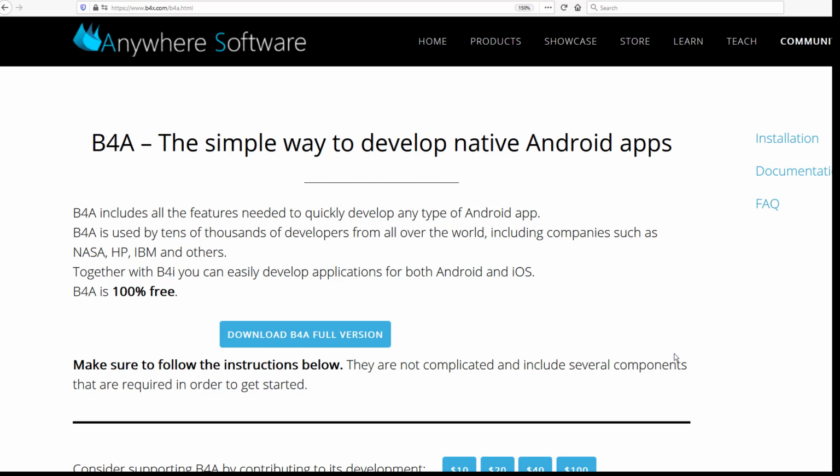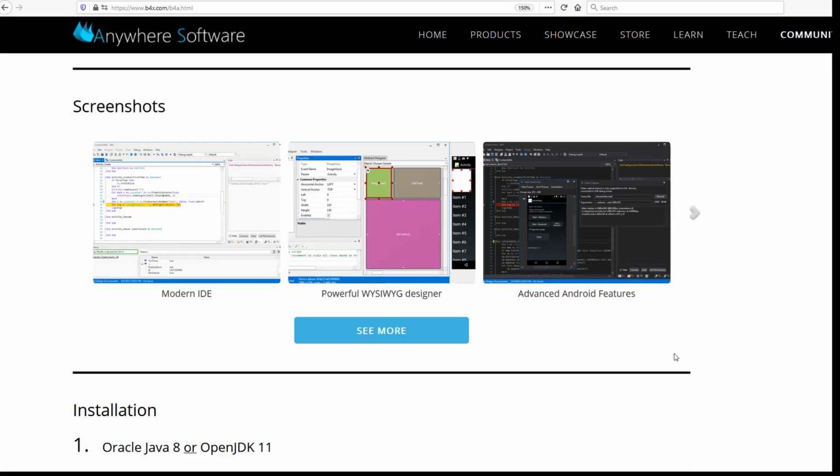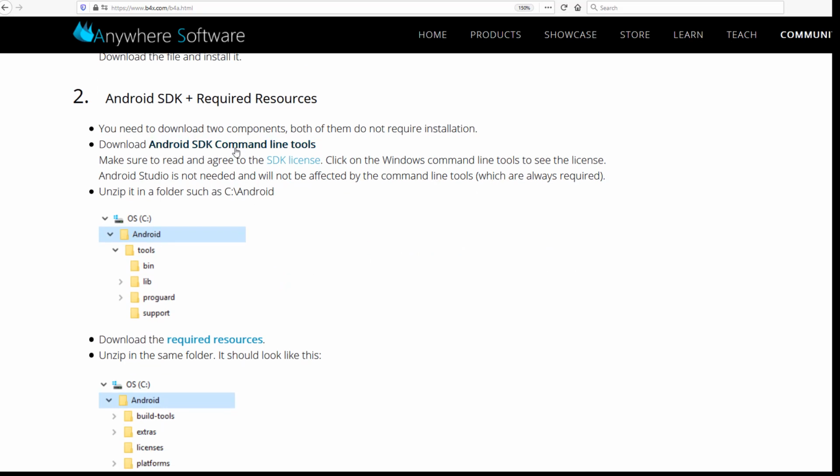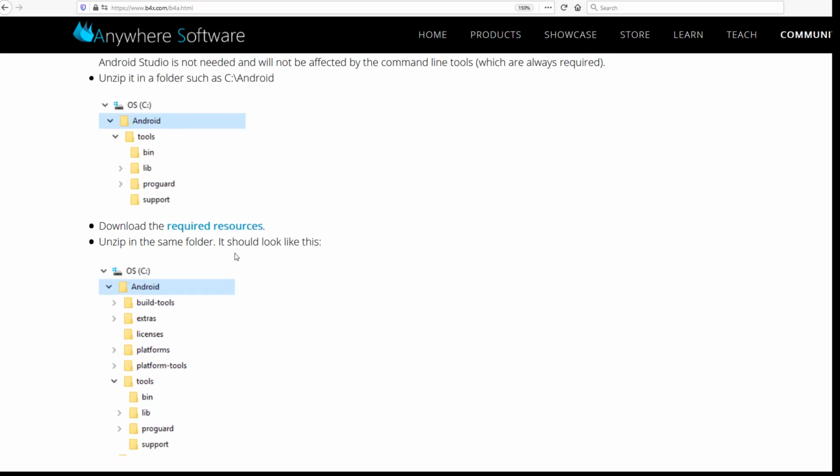My name is Uziel and I'll show you the steps needed to install B4A and get started. There are 4 components that we need to download: Java 11, OpenJDK 11, Android SDK command line tools, the required resources,